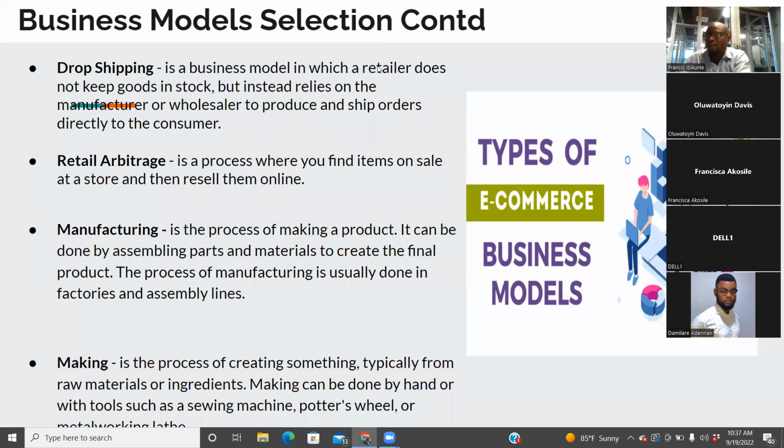Now the second model is called retail arbitrage. A lot of people do this thing. They don't even need to have a website or anything. They are doing a form of e-commerce. It's a process where you find items on sale at a store and then resell online. If you want to make quick money, this is good, anywhere you can do that. You can find some